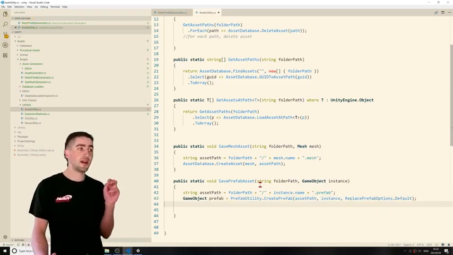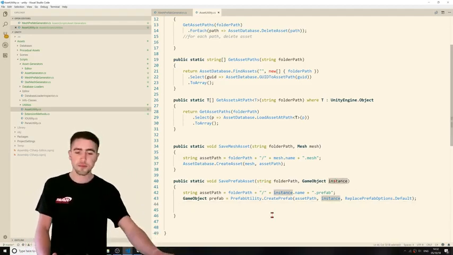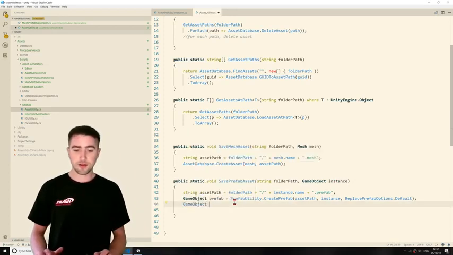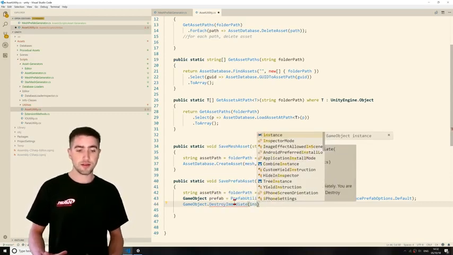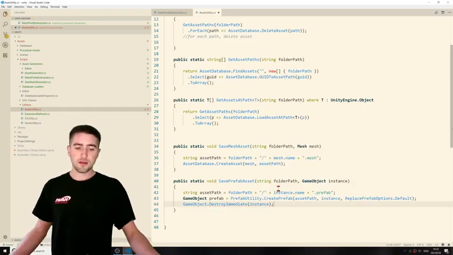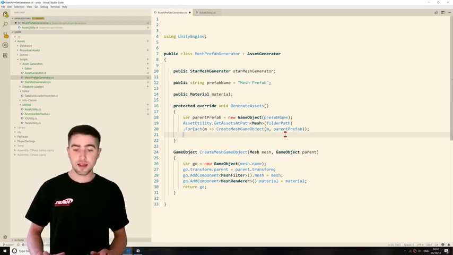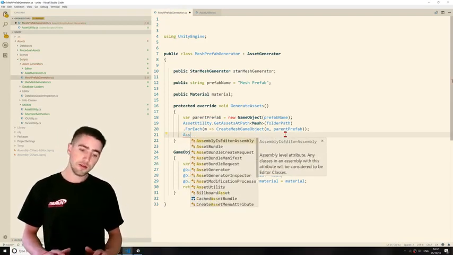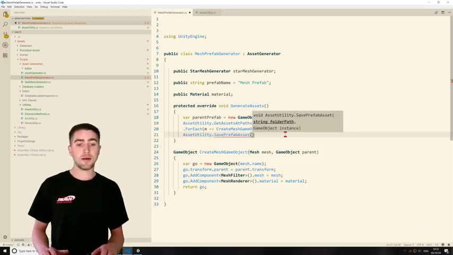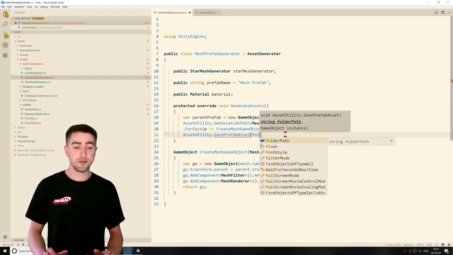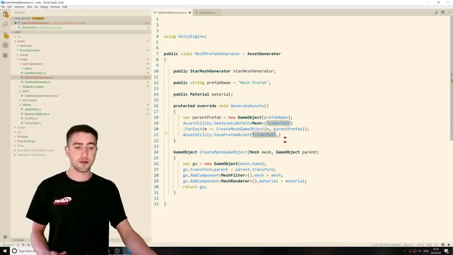Now we can delete our instance because we don't need that anymore. So now we say GameObject.DestroyImmediate instance. Alrighty, and now in our mesh prefab generator, we can go ahead and call SaveAssetUtility.SavePrefabAsset at the folder path. So that's the path that anyone specifies for this scriptable object, and we're going to save